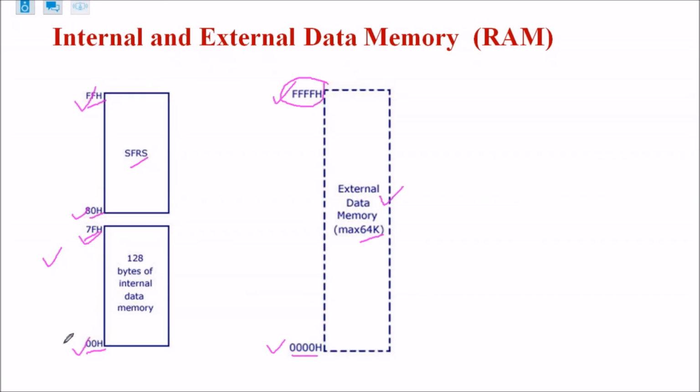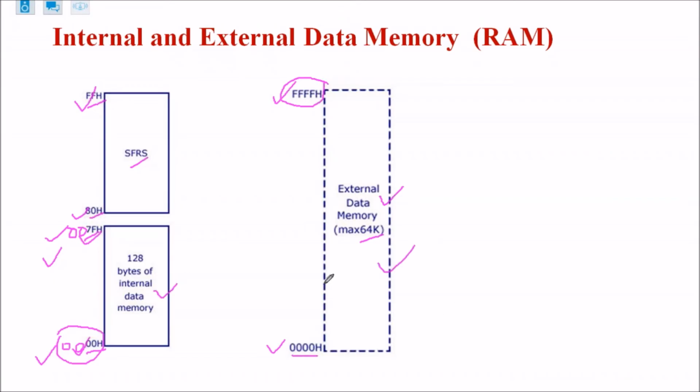This is an 8-bit address, but you can write it in 16-bit also. Add 2 zeros here in hex. Here also you can add 2 zeros. So we can say that for internal data memory, the addresses are 0000H to 007FH, and for external data memory the addresses are 0000H to FFFFH. Again, the question here is how the microcontroller will come to know whether the 0000H address is of internal memory or